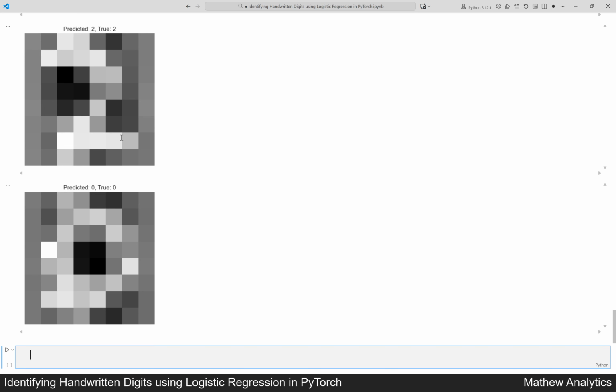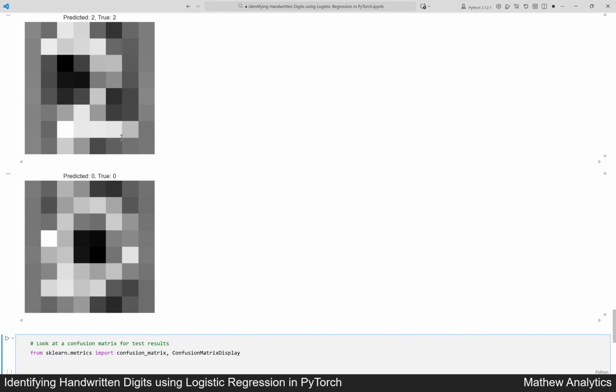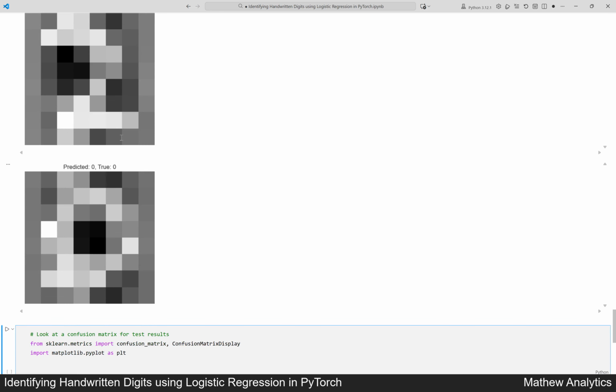A confusion matrix lets you see which digits the model confuses for each other. This is especially important for spotting weaknesses that pure accuracy cannot show. Look at a confusion matrix for test results. from sklearn.metrics import confusion_matrix, ConfusionMatrixDisplay. import matplotlib.pyplot as plt. all_preds = []